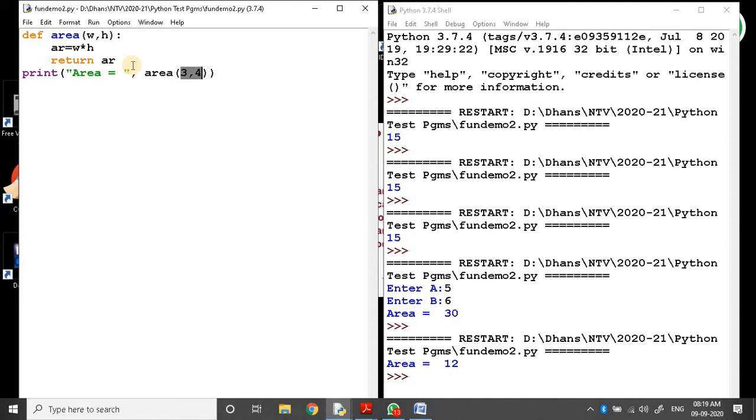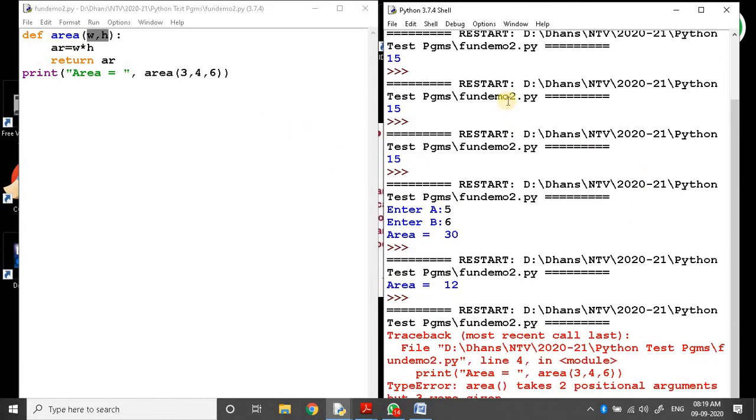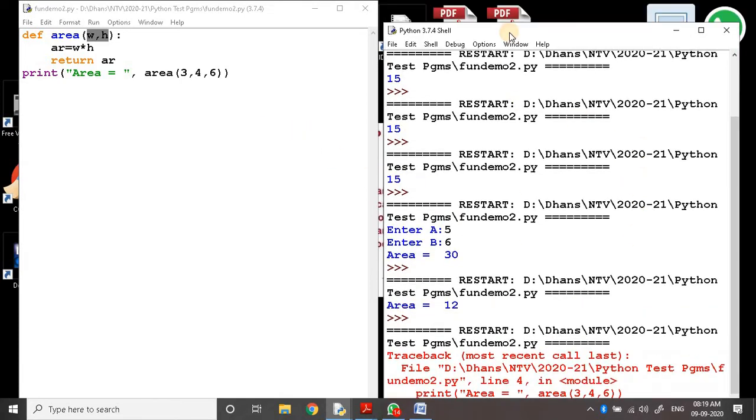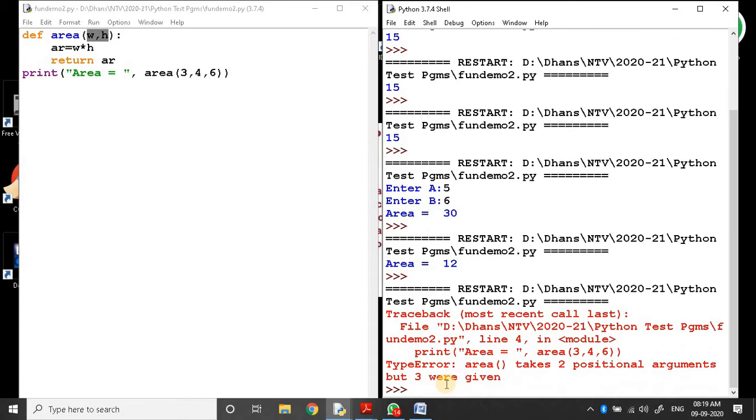Then next one. If you give one more argument but the function is actually defined with 2 arguments, if you pass 3 arguments, what will happen? Look at this. Type error.